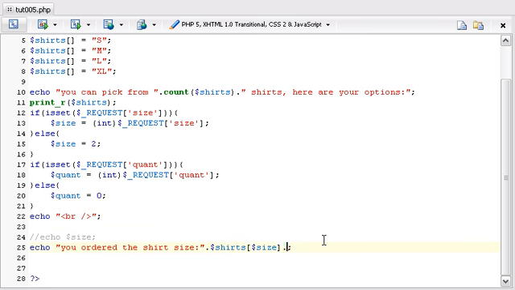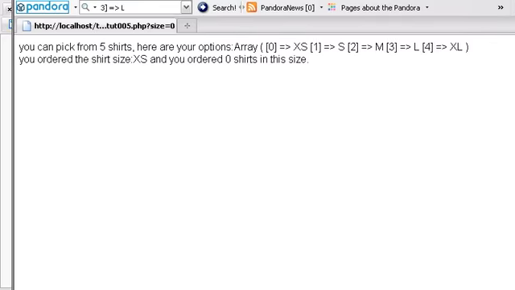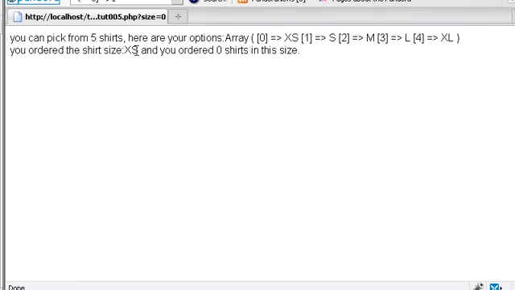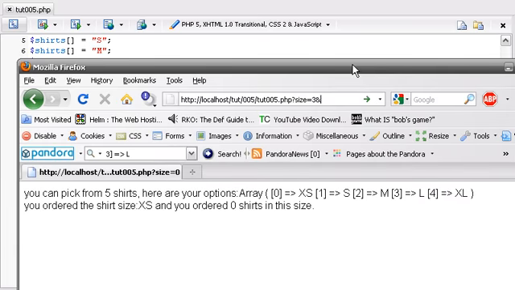And we're going to add here, you ordered, then we're going to say the quantity in this size. Now if I save it and push this, yeah, I need to put a space after this, right there, and refresh. It's going to say you ordered a shirt size extra small and you ordered 0 shirts in this size. I'm going to change the size to 3 for large. Then I'm going to add inside the URL the ampersand, which basically means and. Then I'm going to say quant